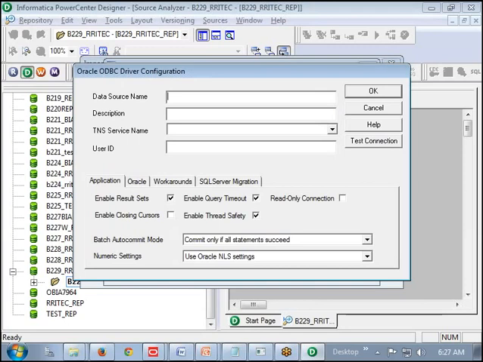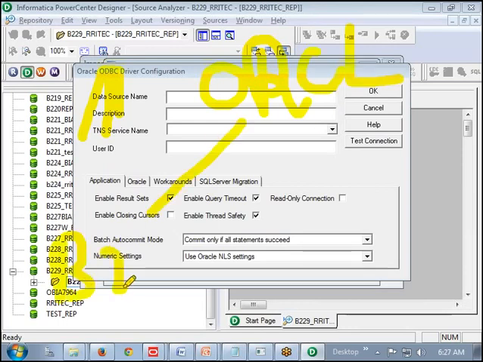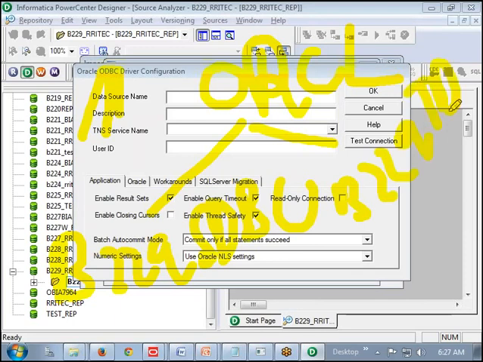Then we have here data source name, any name you can provide. And one point you tell me, this ODBC connection, open database connectivity, is it database level or user level, schema level? See, ORCL is the database. Under ORCL what is available? B229 HDBU is one schema, B229 TDBU is one schema, SCOTT is one schema, SYSTEM is one schema, SYS is one schema.